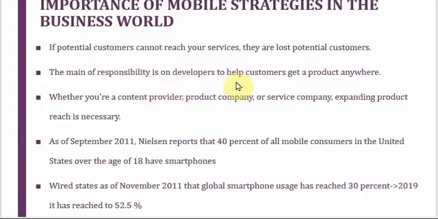The main responsibility as a developer is to make sure that whatever products you have developed are reaching the customer. You might be a content provider, or a company developing some product, or a company giving some service.